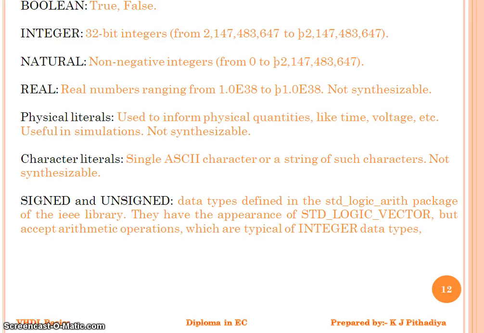Now we can go for a few more data types. The first one is Boolean, which may be considered as true or false. Integer, a 32-bit integer. Natural, the non-negative numbers. Then we can go for real, physical literals, character literals, and signed and unsigned. So these are the things